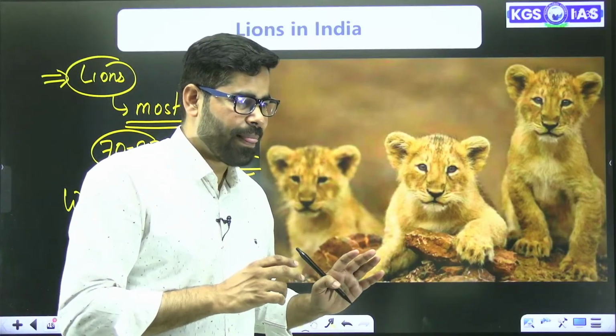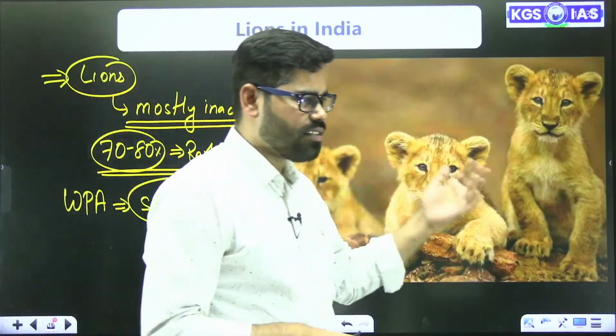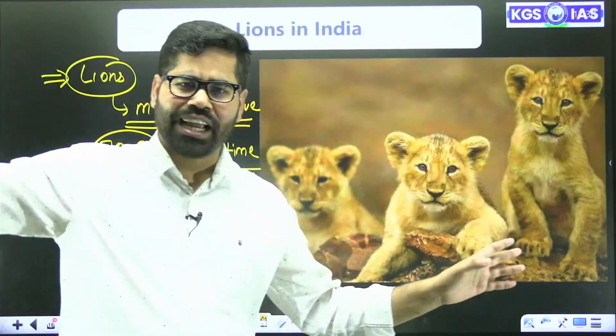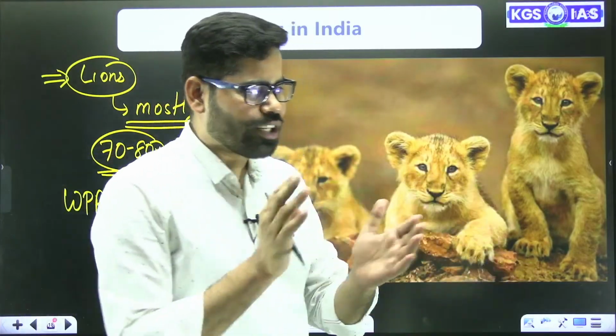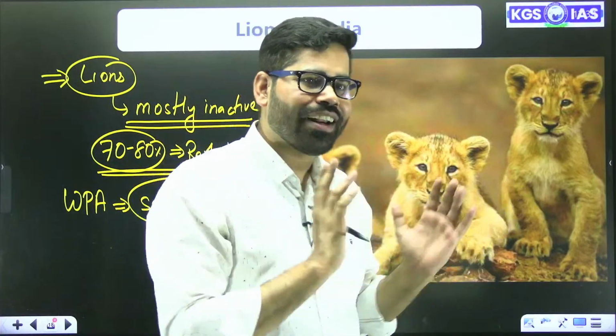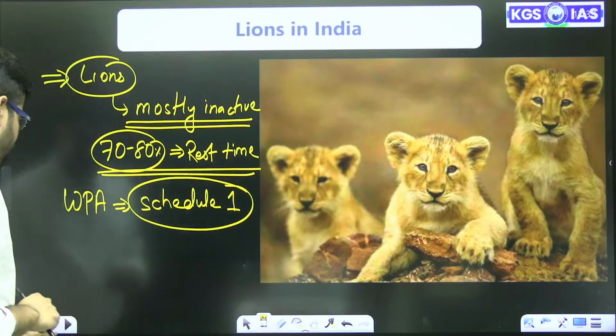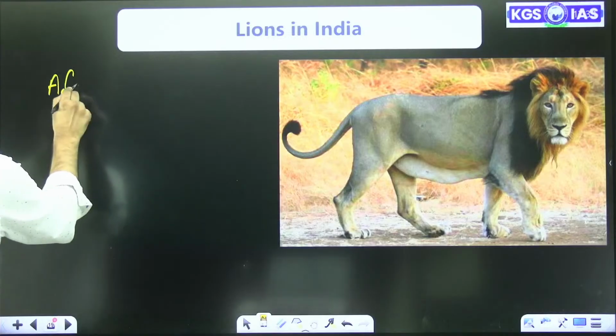So yes, that is also true that the male lion is just patrolling over the areas. They don't care about anything, they don't care about the family. They just keep on moving in their area. They don't even go for hunting. So that is one thing about the male lion. No tension at all. Now, if we compare the African versus the Asiatic lion,